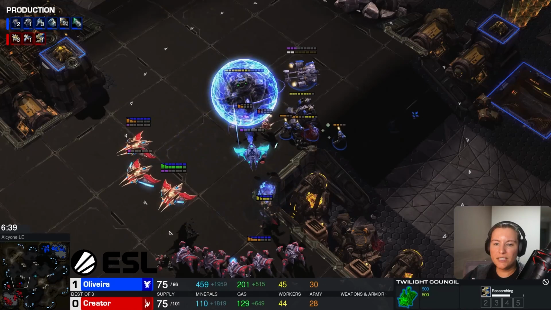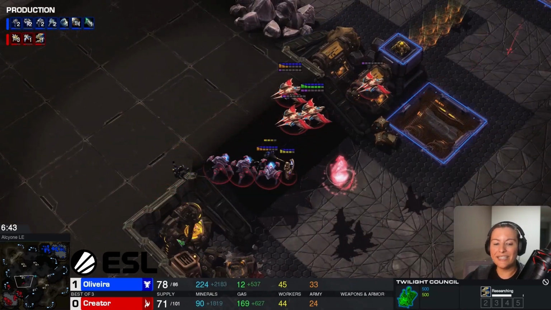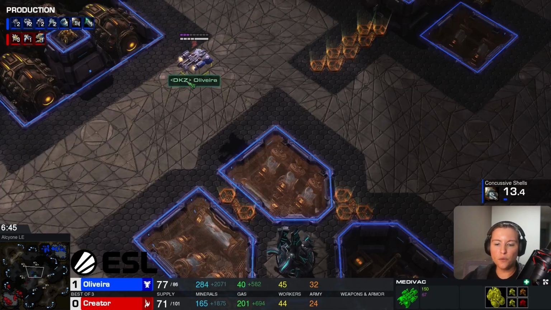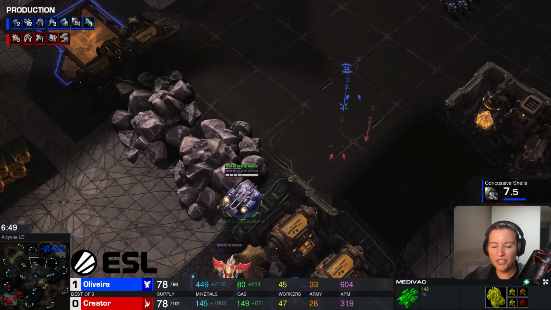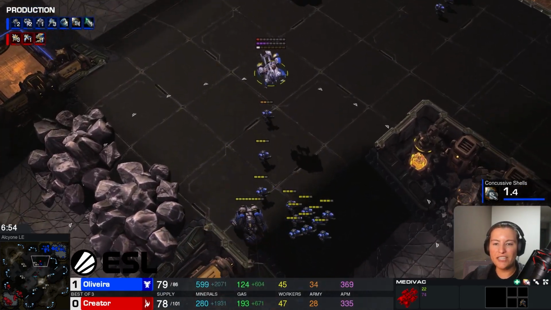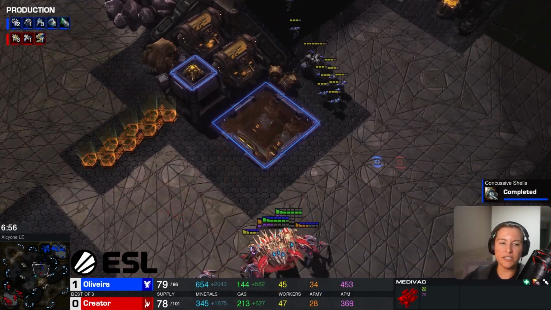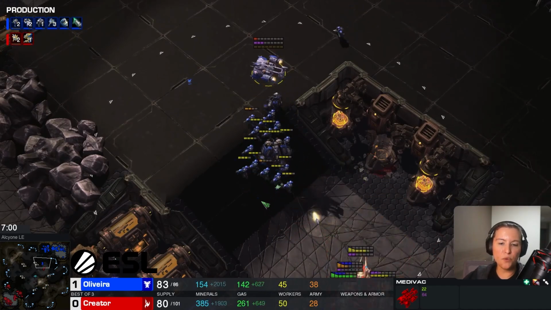2 Cyclones, one of them gets taken down, tank gets taken down, and the Marines were combat shieldless. So Oliveira is forced to retreat, but it looks like it might be successful. Anything coming to actually save this? Yeah, a couple of Marines are. We'll fully unload. If it actually even dies, it will not die. That was very close indeed, but still, a successful escape for Oliveira, who is only behind by 2 workers, which